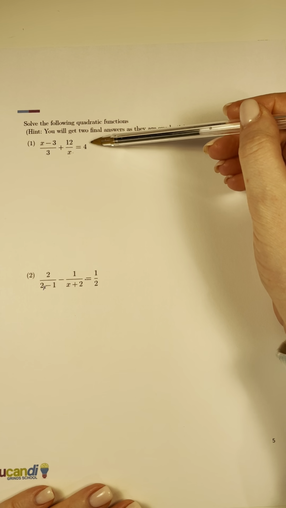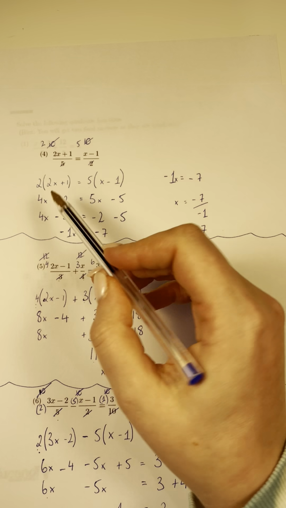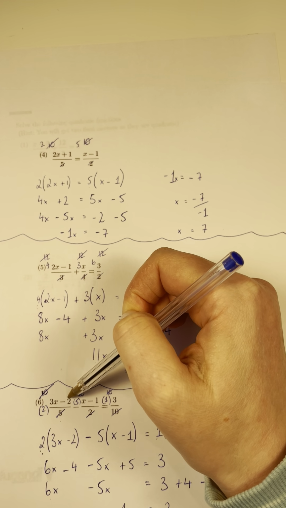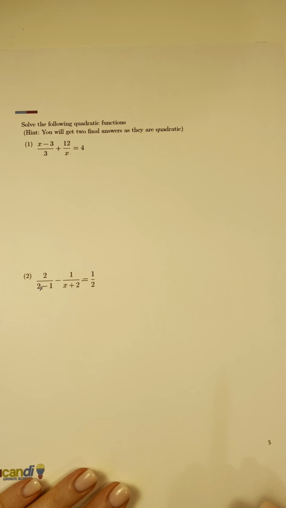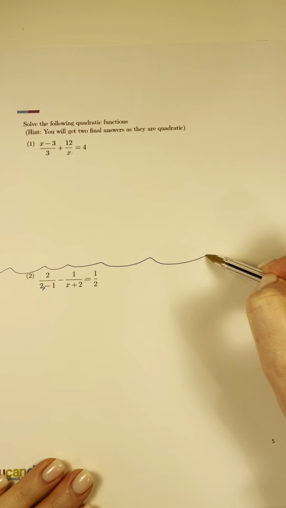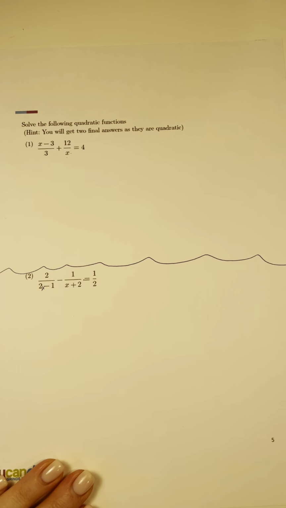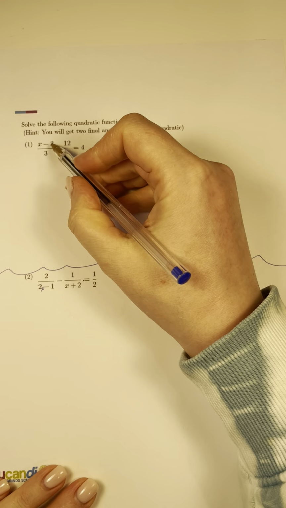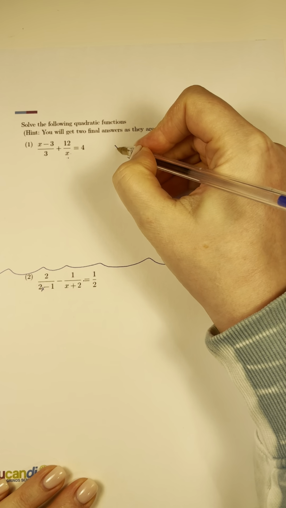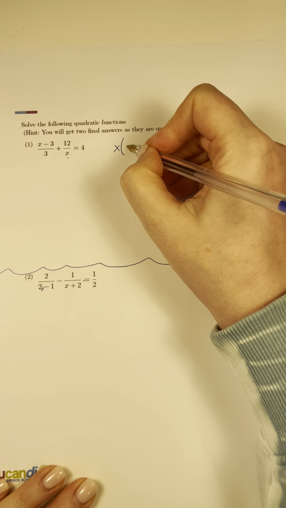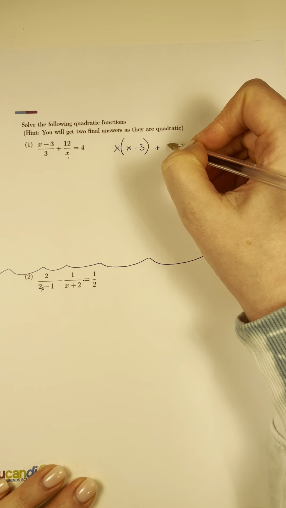Right. So here, if we pop back for a quick second. The X's are on the top, see? So when the X's are on the top, it's a linear. But here, the X's are on the bottom. So let's have a look. We need to cross multiply, then times everything across the bottom over here, right? So this is a good tip to do it. We're going to do X times X minus 3 plus 12